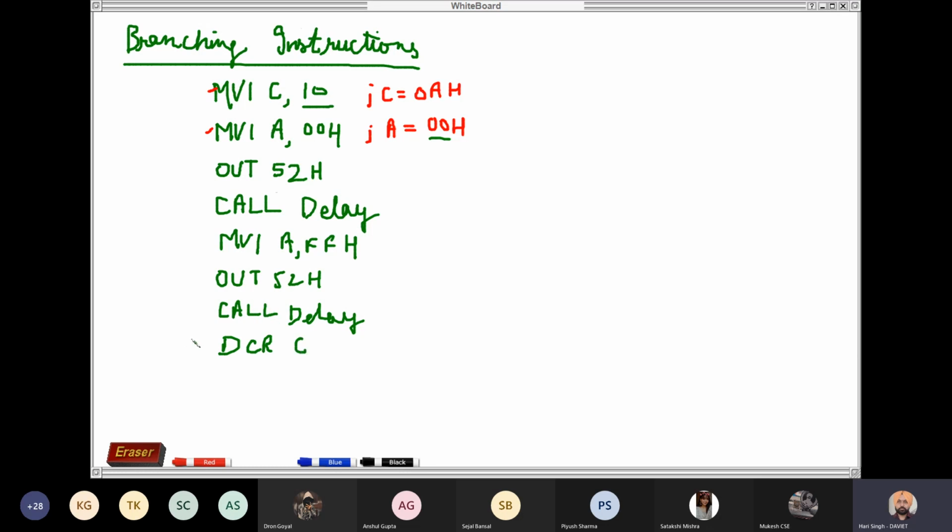DCR C, then JNZ, jump if not 0, to the label, say again. This is a label in the program, that is again, and then HLT.